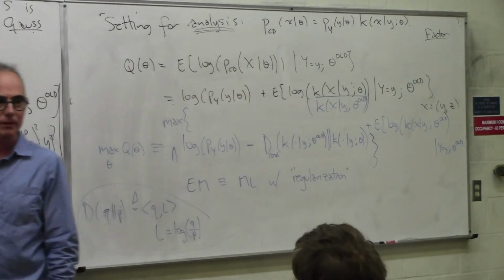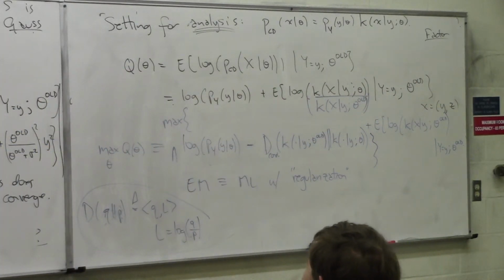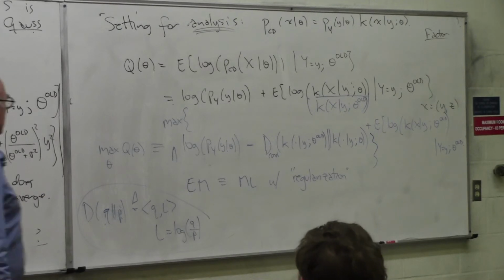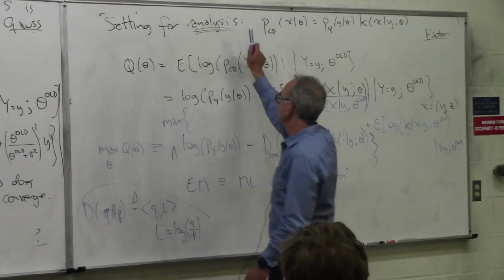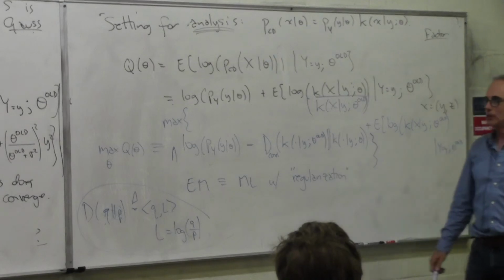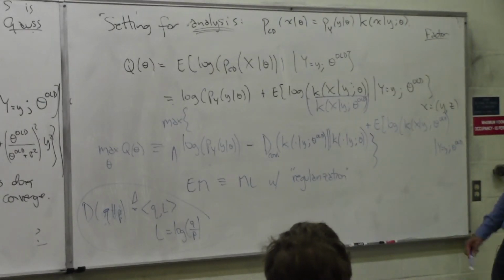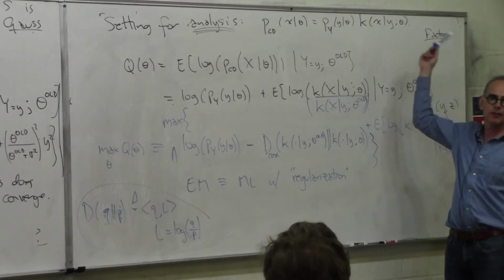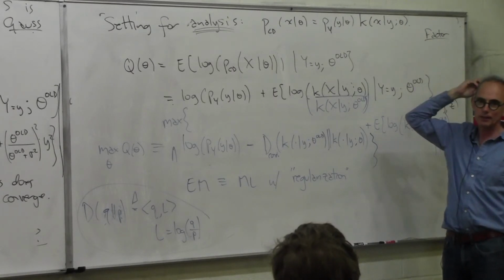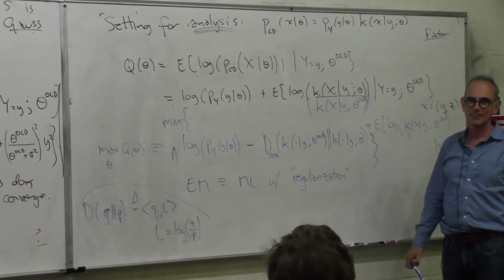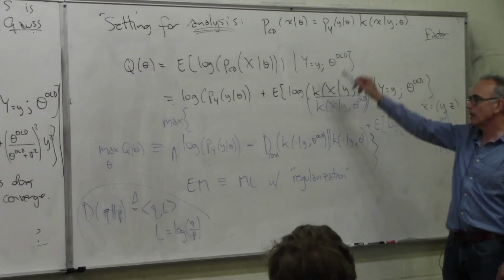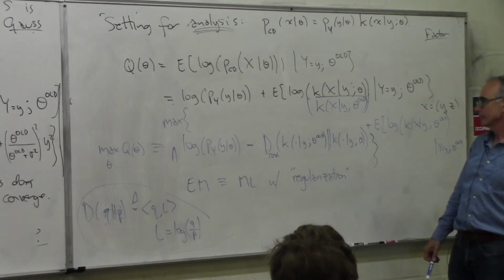In the E step, you said we can generate x's according to a Markov chain, right? Now, in this maximization step, can we also use a Markov chain to calculate this expectation? No, this is just analysis. That's why I underlined analysis. This has nothing to do with computation. You'd never use this. You'd have to go through and factor this and stuff. This might make things even more complicated. No, this is not used anywhere. And this is all the E step. There's no maximization here.